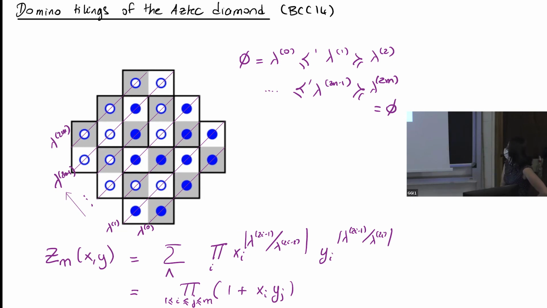Okay, the product from 1 less or equal to i less or equal to j less or equal to m of 1 plus x_i y_j. Okay, and of course, if I put x and y to be 1, I get back my 2 to the m plus 1 plus